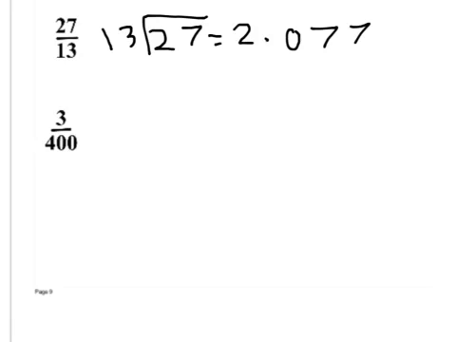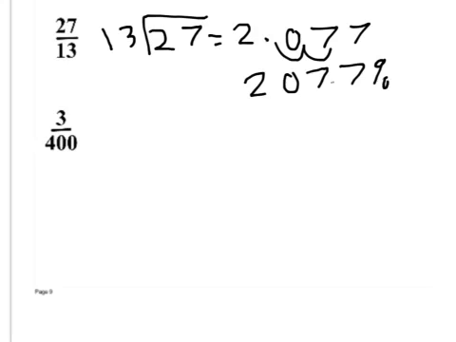I went 3 decimal places because I'm going to move this 2 decimal places. Because I'm going to times it by 100, I'm going to make it 207.7%. That's why I didn't round right here at the first 7. So 27 over 13 is